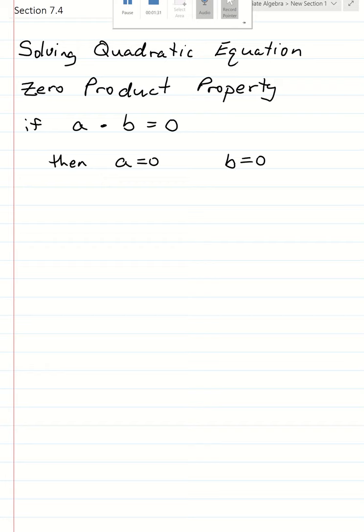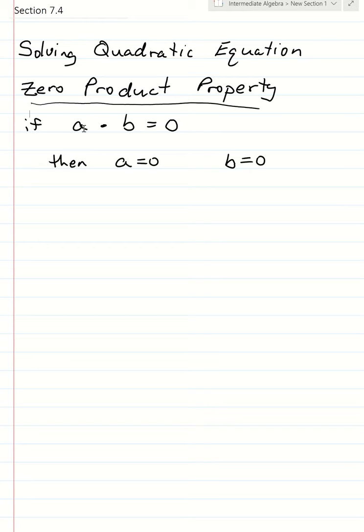Okay, that is our zero product property that will allow us to solve quadratic equations. That if we have a quantity A times a quantity B, that's what's meant by the product, if they in fact equal 0, then we could say A equals 0 or B equals 0. Okay? For example,